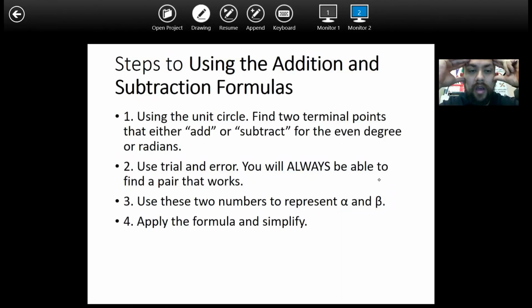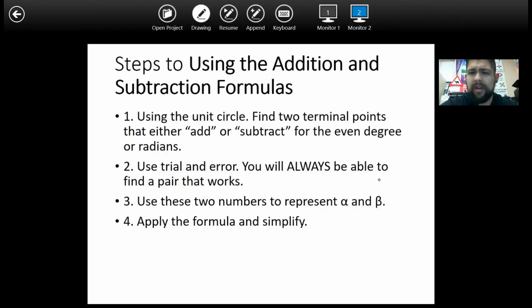goes as follows. We're going to use a unit circle. So what we're going to get here is we're going to get sines, cosines, and tangents that add or subtract up to values located on the unit circle. And what we want to be able to do is find 2 terminal points, either radians or degrees, and we want to find a way to either add or subtract them to get the value we're looking for. So to begin with that, the unit circle, find 2 terminal points that either add or subtract